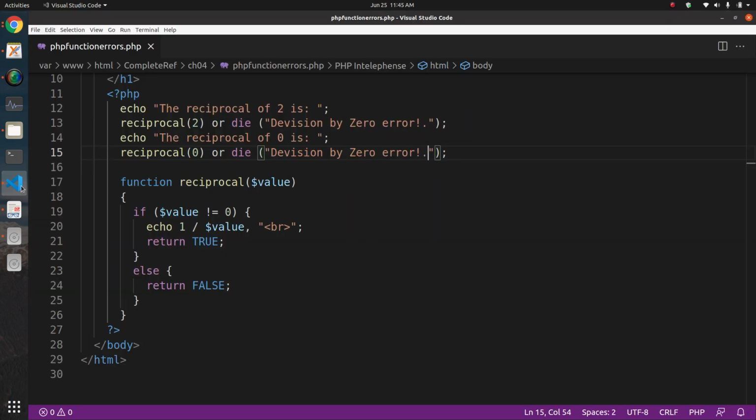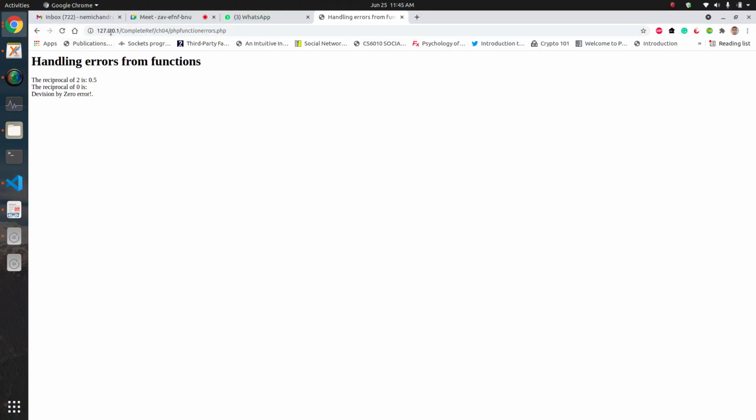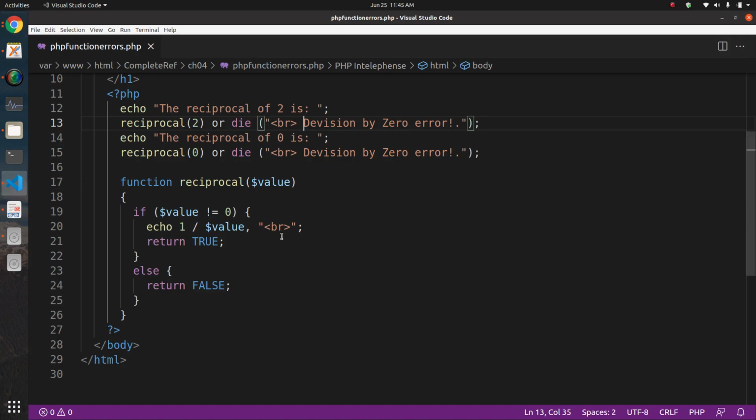You can add a line change also here, let's say BR, something like that. Same you can add here also. So in a different line you will get the output. So this is the functions.